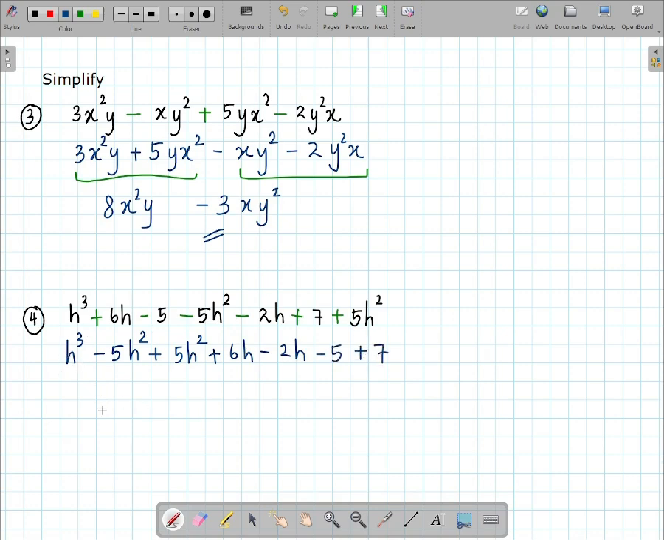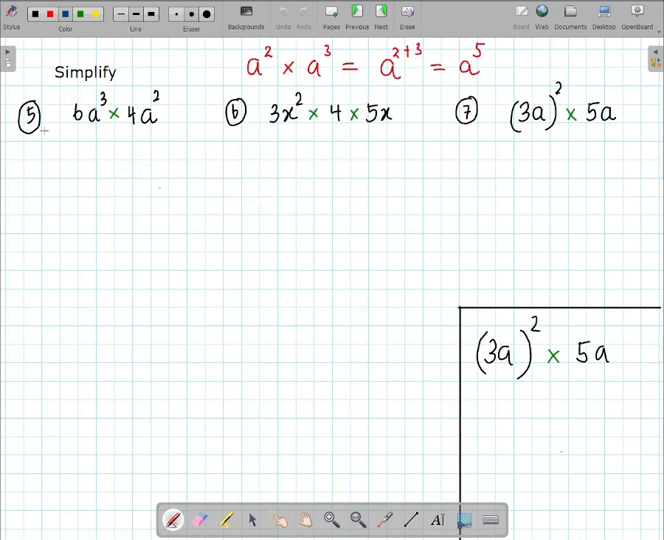So h to the power 3 term that you have to continue writing because there are no other h to the power 3's. Okay, then we have minus 5h squared plus 5h squared. They get cancelled. Then 6h minus 2h, that is 4h. Then minus 5 plus 7, that is plus 2. Number 5,